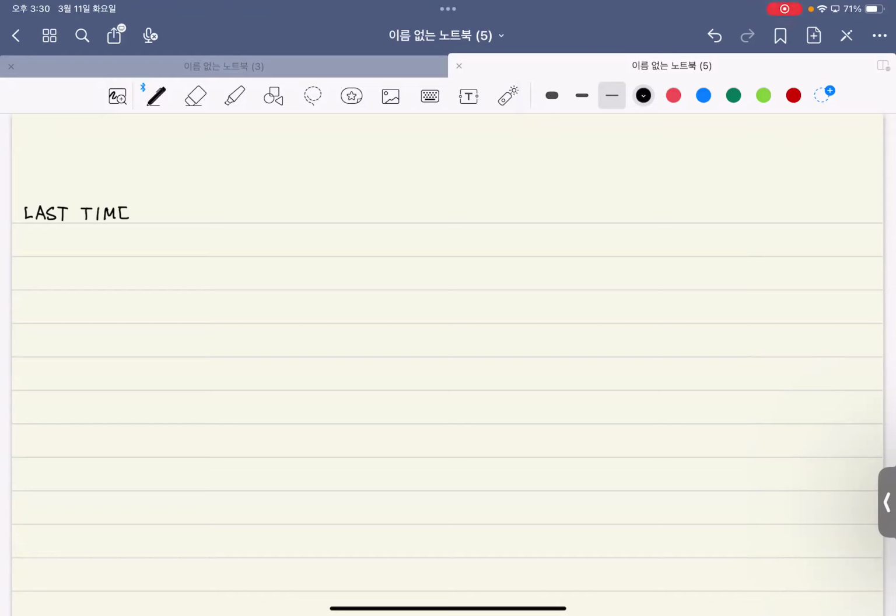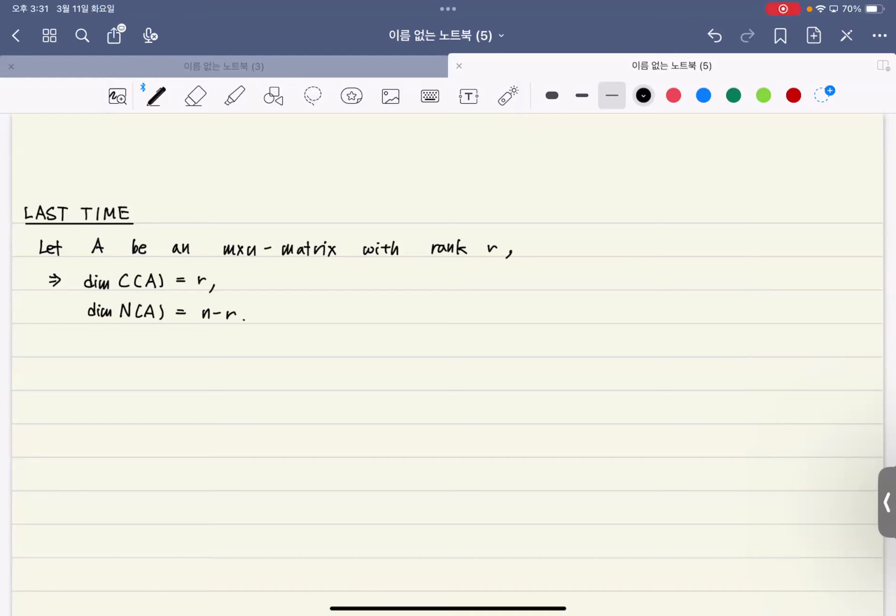Okay, so from last time, if I have an m by n matrix with rank R, then the dimension of the column space is R, and the dimension of the null space was n minus R. So that was it. And today, we will be turning to section 2.4,